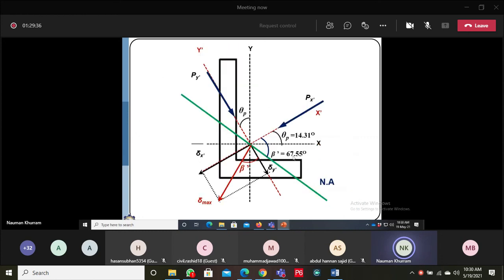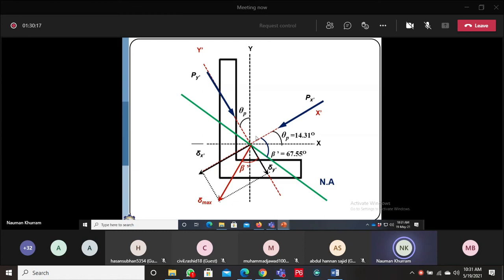So I have shown this diagram on a larger scale. This is our resultant deflection, and I have shown an axis which is perpendicular to this resultant deflection. So this will be the neutral axis. The neutral axis will always be perpendicular to this. If this is beta bar, then this angle and this angle will be the same. You can assume that this beta bar is 60. If this is 60, then the angle between this neutral axis and the resultant deflection is 90, so this angle will be 30, because 90 minus 60 is 30.